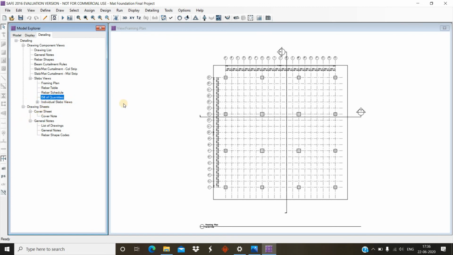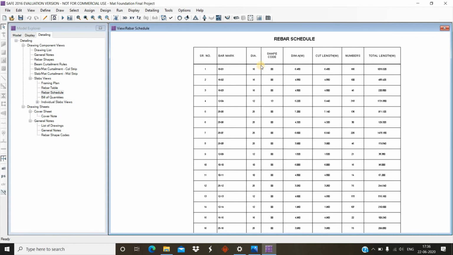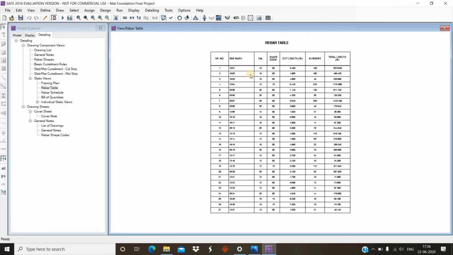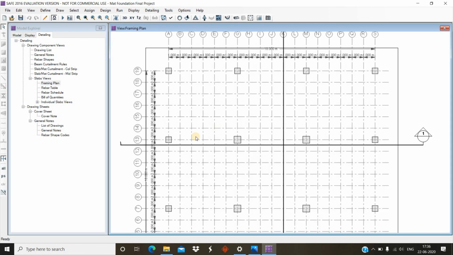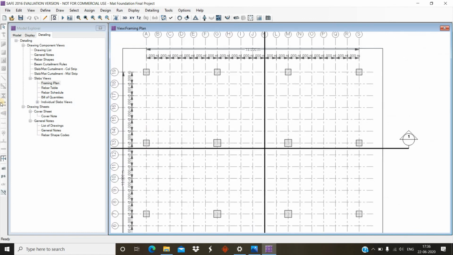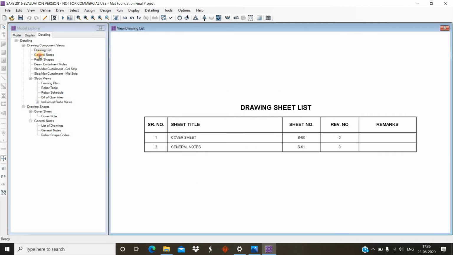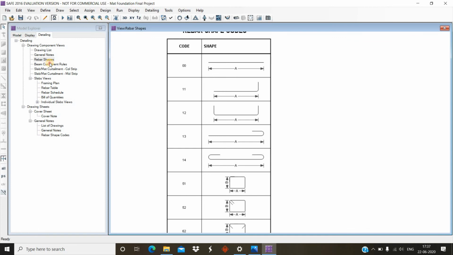Here is the bill of quantities. Bar size is given, the weight and the length are all given here. This is the rebar schedule, this is the rebar table. This one is a framing plan. These are the general notes and rebar shapes.